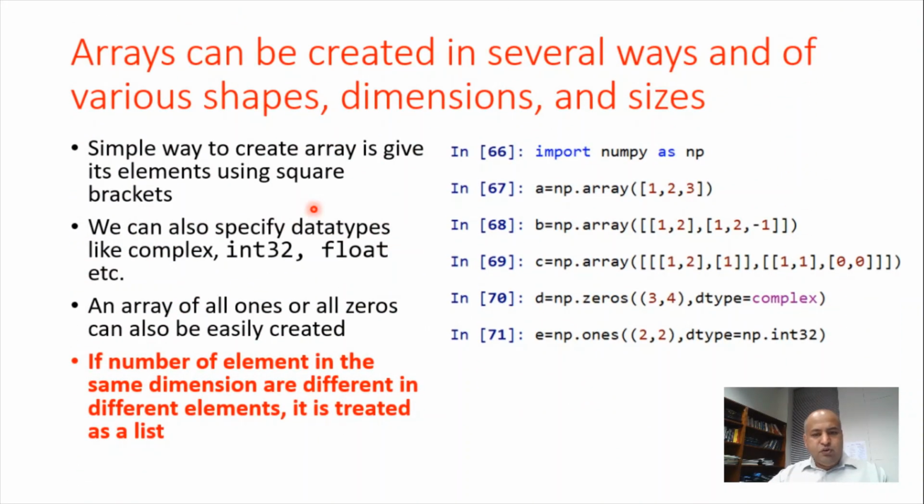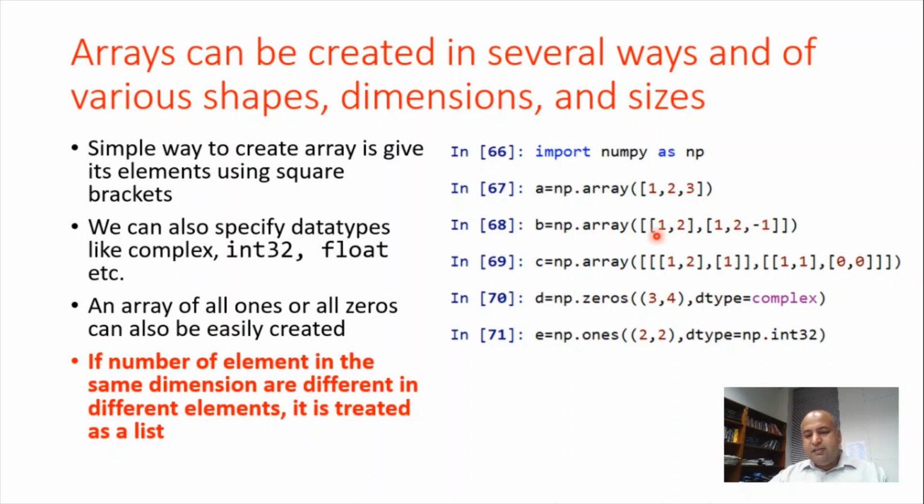Okay, so we can create arrays in several ways of various shapes, dimensions, and sizes. For example, let's begin by importing the NumPy package as np, and I can create a one-dimensional array simply by writing np.array and this one, two, three. These are three elements of this one-dimensional array. Or I can create, let's say,